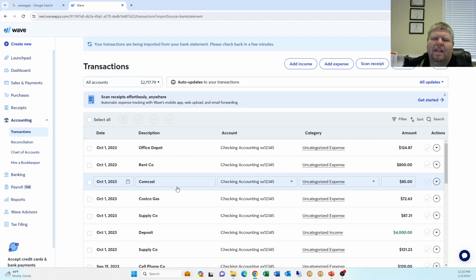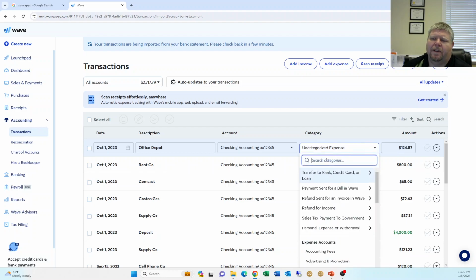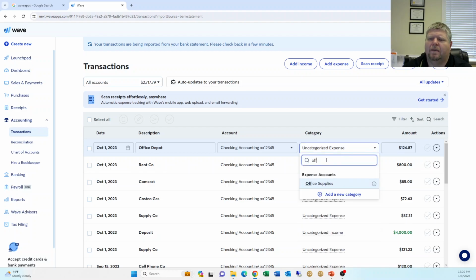Now one of the best features of this type of accounting software is, now that all the transactions are in, or if it's pulling them automatically from your bank account, all you have to do is go in and tell it, okay, what is that transaction? For example, Office Depot. It's not uncategorized expense. That's kind of the default for all expenses. It would be like an office supply or office supplies. And if you don't see an account that matches, you can certainly add a new category and say, okay, well, I want to